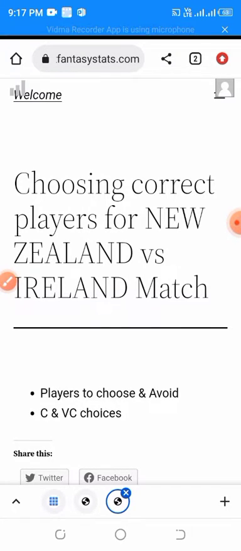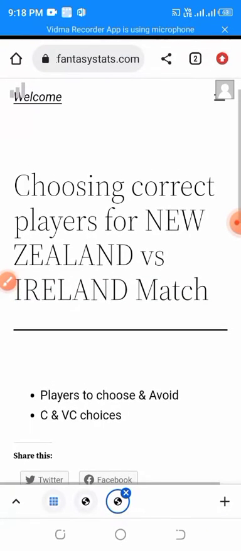New Zealand, being favourites, will look to win this game and finish at the tabletop. On the other hand, Ireland, who defeated England, will look to win this game and stay alive in the semi-final race.